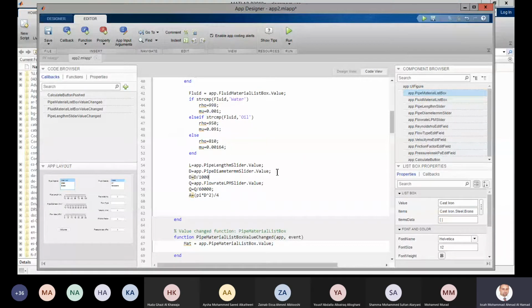This is the unit conversion. I always like to do it in a new, let's say, line, so the equation will not be complicated. So this means that I get the value of D as millimeter. So in the second line, I defined it as meter. Clear? The same with